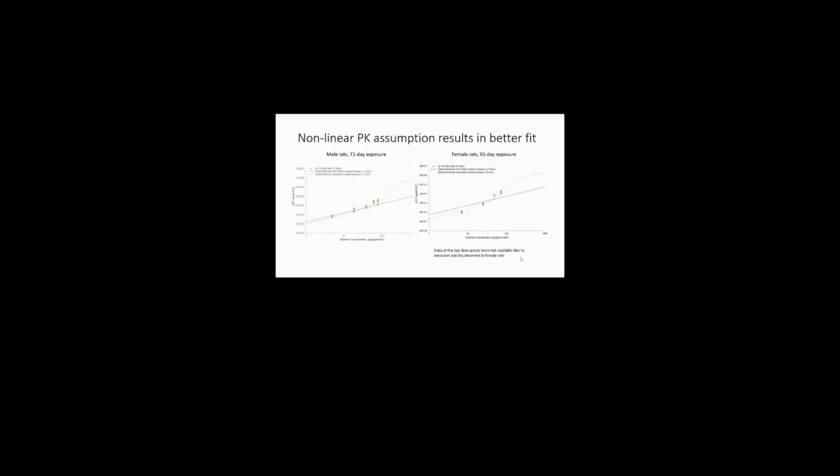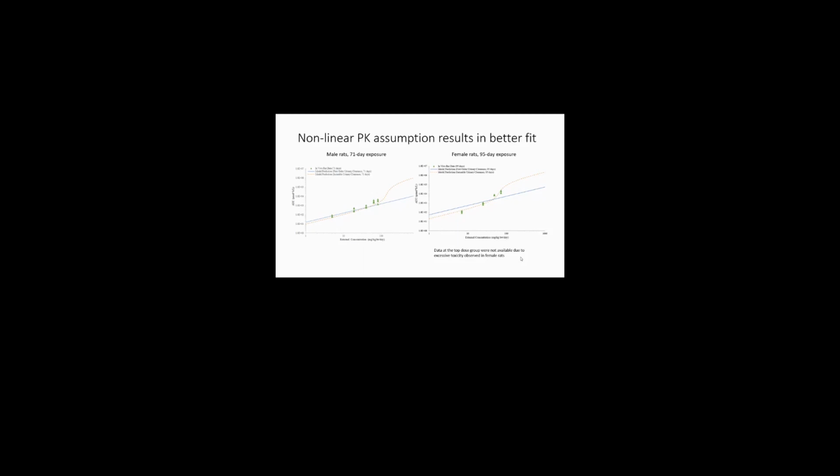And here I'm showing only the longer term data and simulations for male and female rats. Male rat on the left, female rat on the right. X-axis is dose in milligram per kilogram per day, and Y is 2,4-D plasma AUC. The symbols are data, blue lines are model simulations based on linear kinetics, and the red lines are model simulations based on nonlinear kinetics. You can clearly see that for both male and female rats, nonlinear curve fits the data